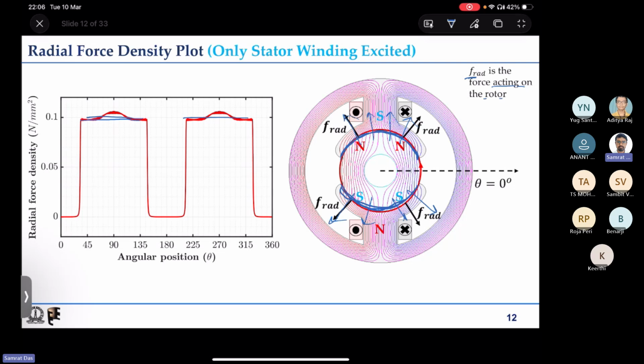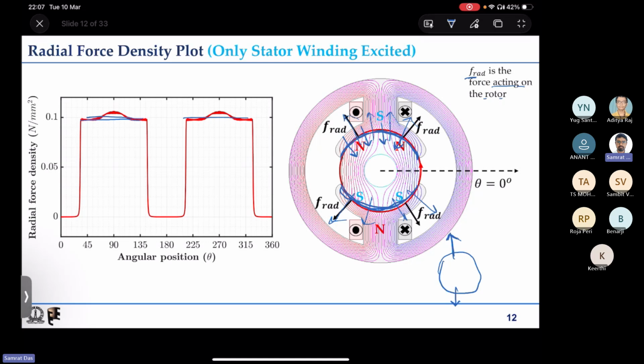And using Newton's third law, the same force will be acting on the stator also. So the stator will be experiencing force in the inward direction, because the rotor will be attracting the stator in the inward direction, right? That is about Newton's third law. So if the radial component of force density is plotted, then on both sides, on the top it will be radially outward for the rotor, for the bottom it will be radially outward for the rotor. So it's like some net radial force is acting in the upward direction,